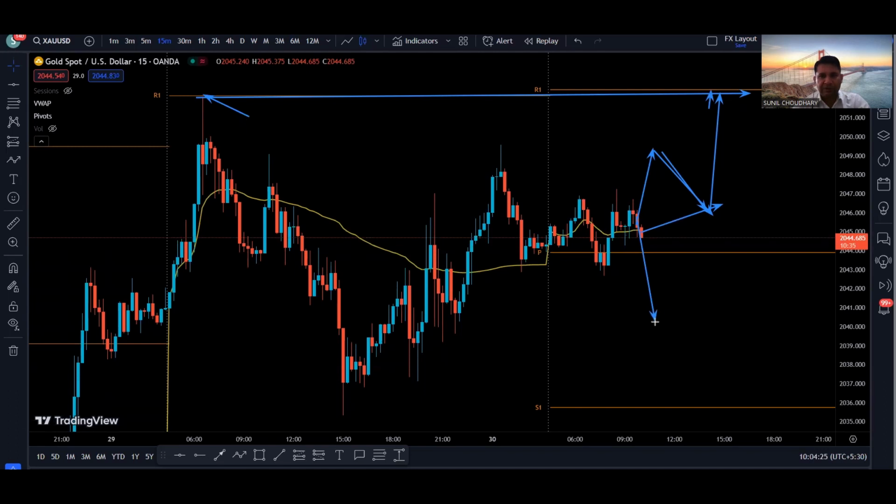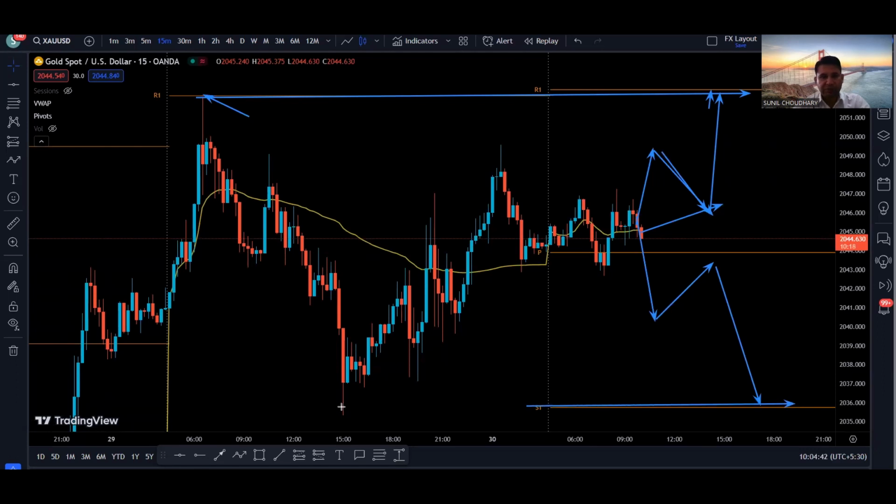So if we break this area, break this pivot line, then I'll be waiting for the price to come up, kind of make a pullback. By the time, maybe this VWAP also comes around this area. So if we make a pullback, reject the VWAP, then I'll be looking to take short in order to target